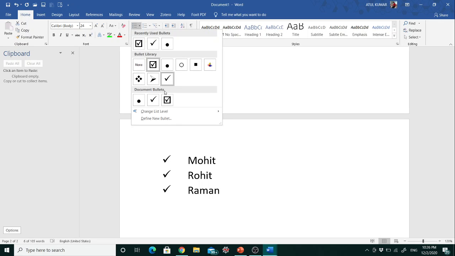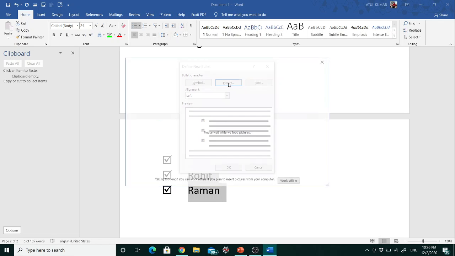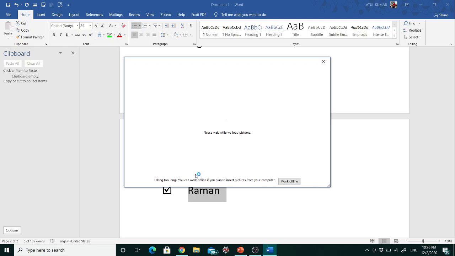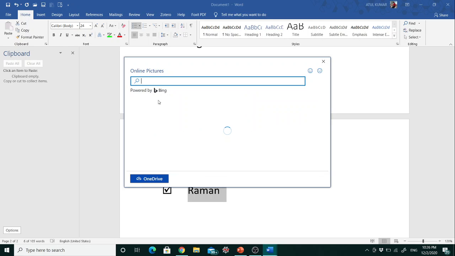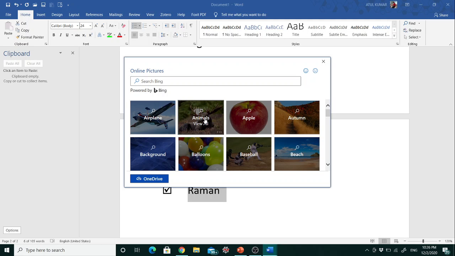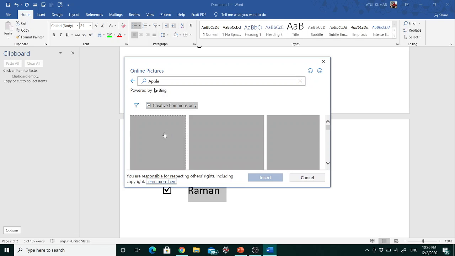Similarly you can define a new symbol, or you can use different kinds of pictures available. Suppose I want Google, and I want this apple as a picture.